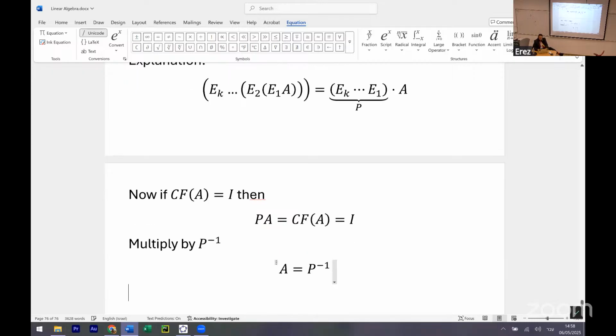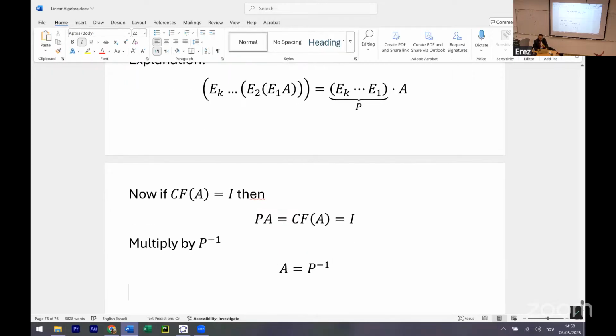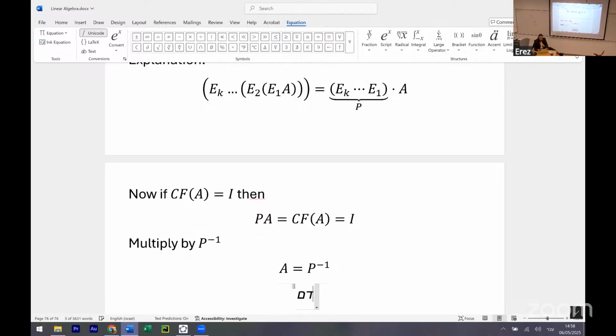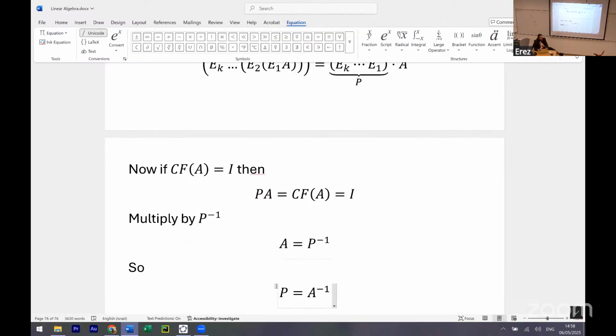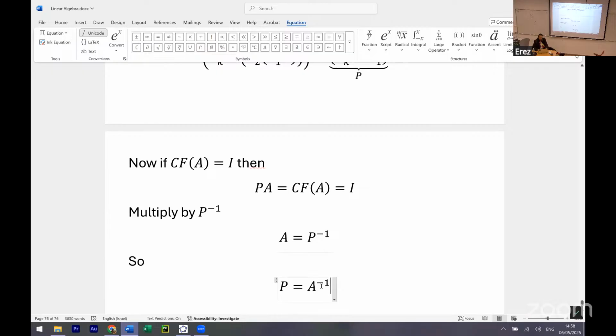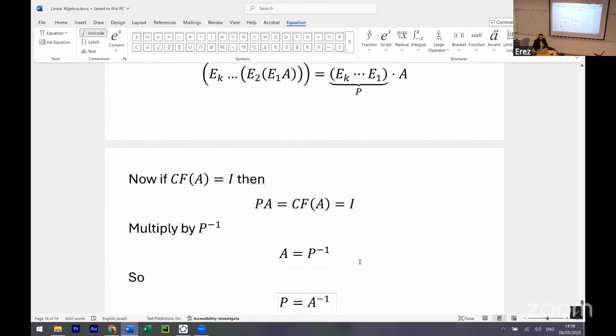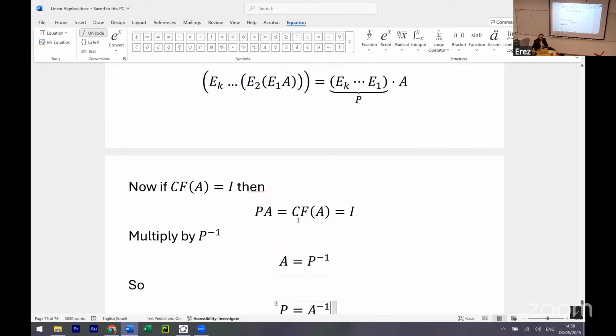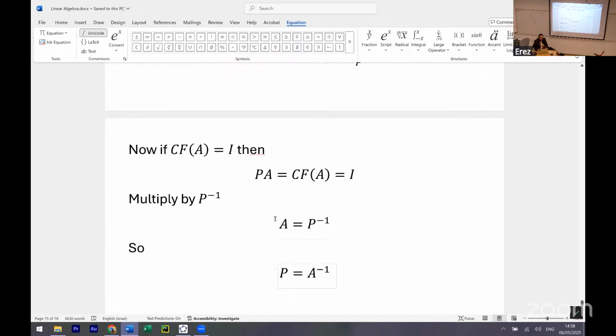So P is the inverse of A. The product is I on both sides. So we found a way to make sure that A is invertible. But even more than that,